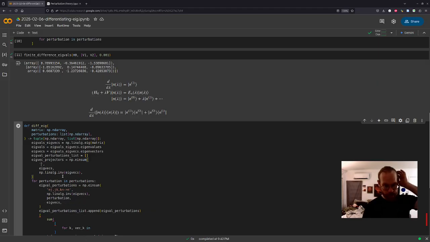And we remember that the second index of the eigenvectors array is the one labeling the eigenvector, and the first index is labeling the individual components of the eigenvectors. But for the inverse array, it flips around, so now we have row vectors. So the first index labels the eigenvector, and the second index labels the component of the eigenvector.